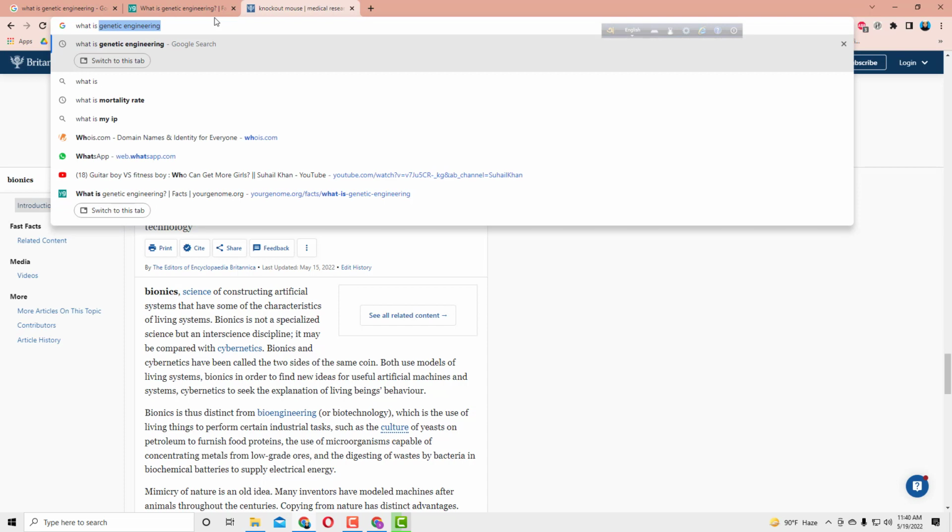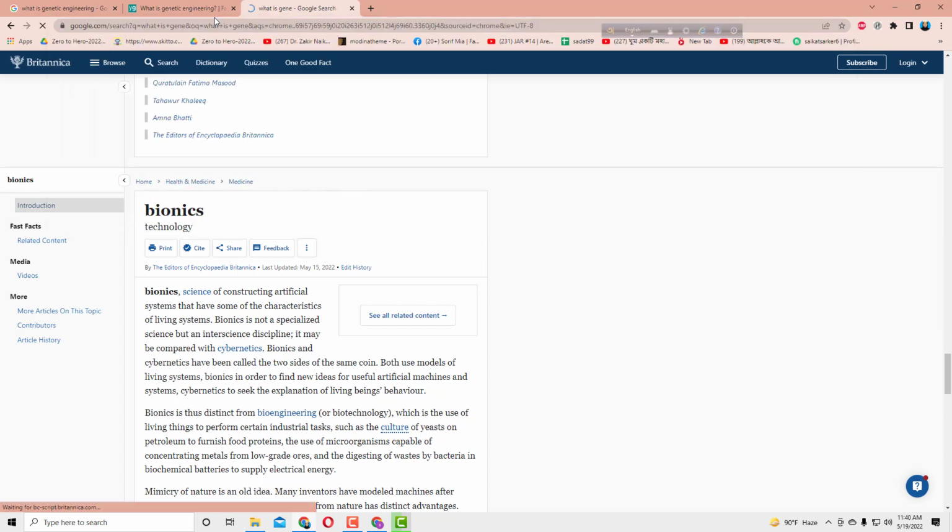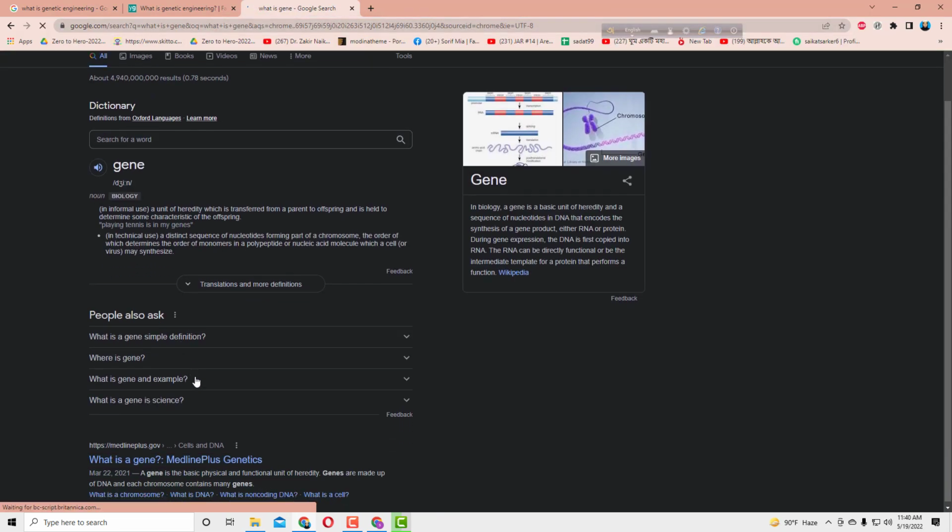What is a gene? জিন সম্পর্কে আগে একটু ধারণা নিয়ে নিই আমরা, হ্যাঁ।